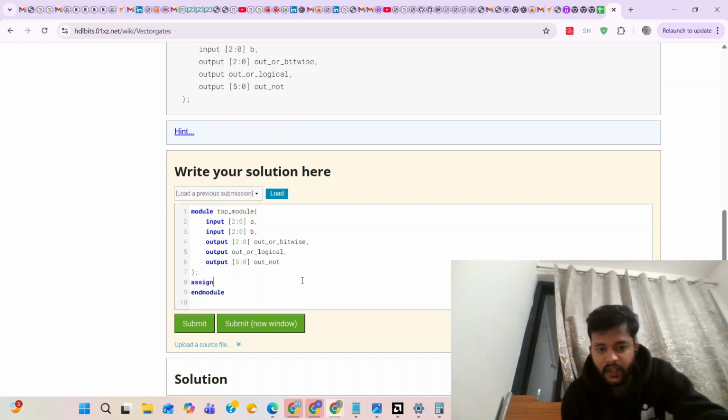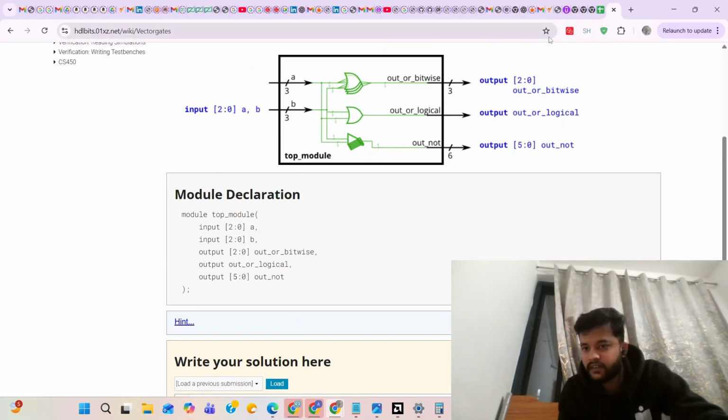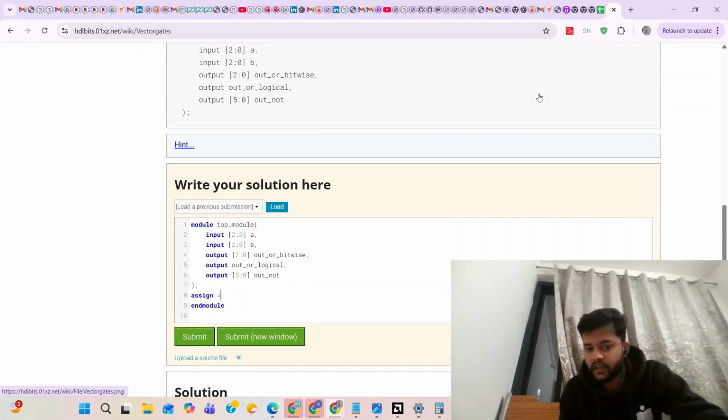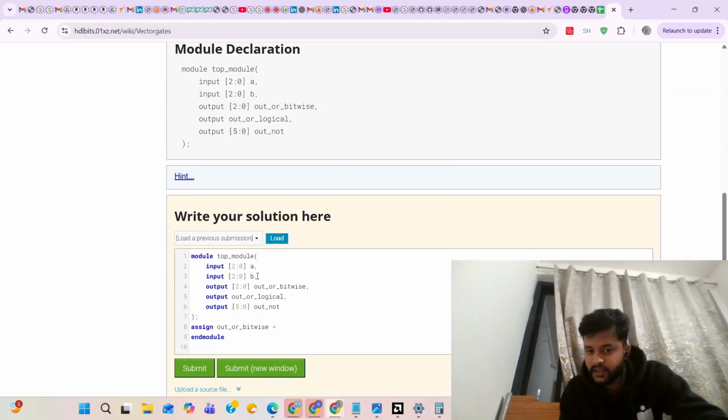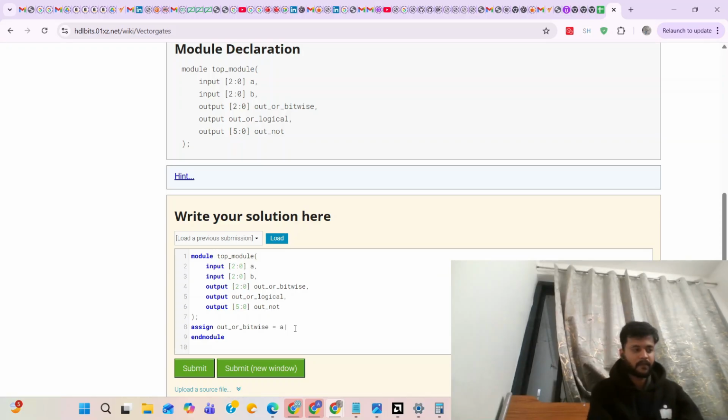So we'll use the assign statement. First we'll do the bitwise OR operation. So we have to assign the output for bitwise OR, performing the bitwise OR operation of A and B. So how will we do it?